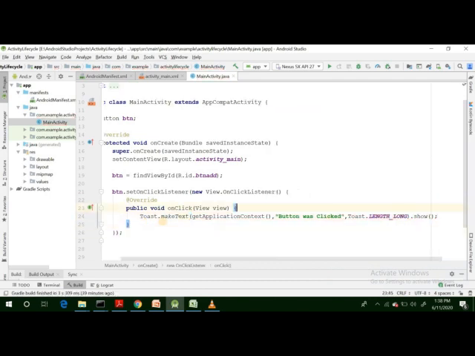So when we click the button, in this activity, what we did in this source file is we first brought the reference of that button that we drew on the layout. Then we attached the button with the click event, and when the button is clicked, this method will be invoked and it will show the user a toast with the text that the button was clicked.